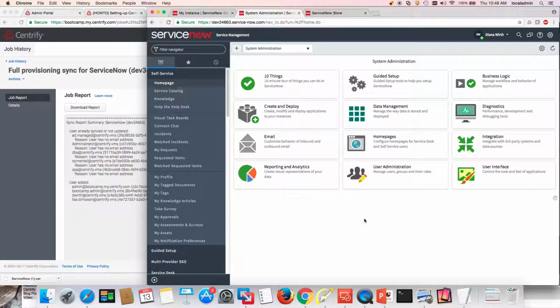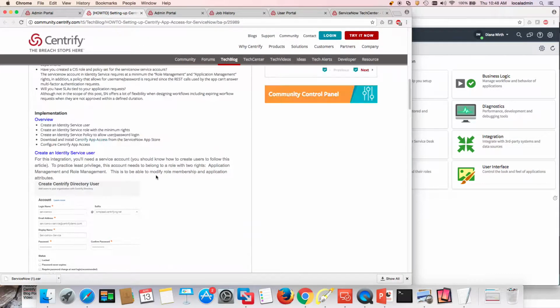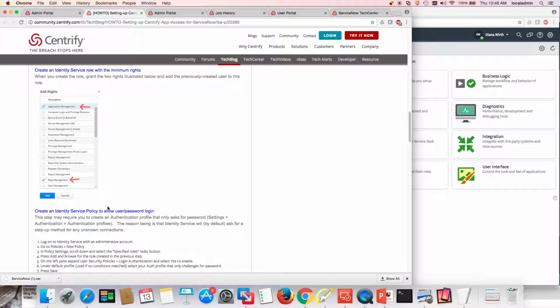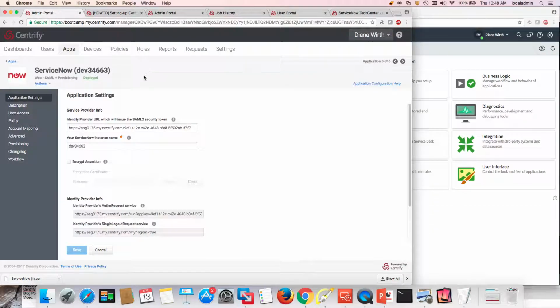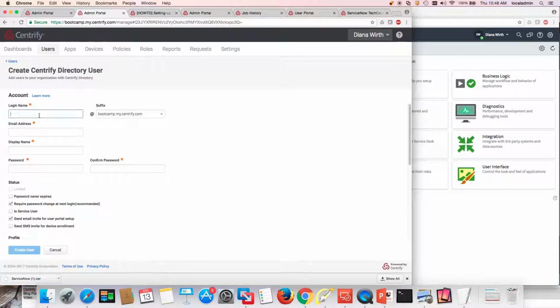The first part of the video, what we're going to do is to create a user. And there's a blog post that actually helps on this. What we need is a service user with minimum rights to perform application management and role management, right? So if you're familiar with Identity Service, you can create users using the admin portal, going to users. So I'm going to add a user, and this is going to be my ServiceNow